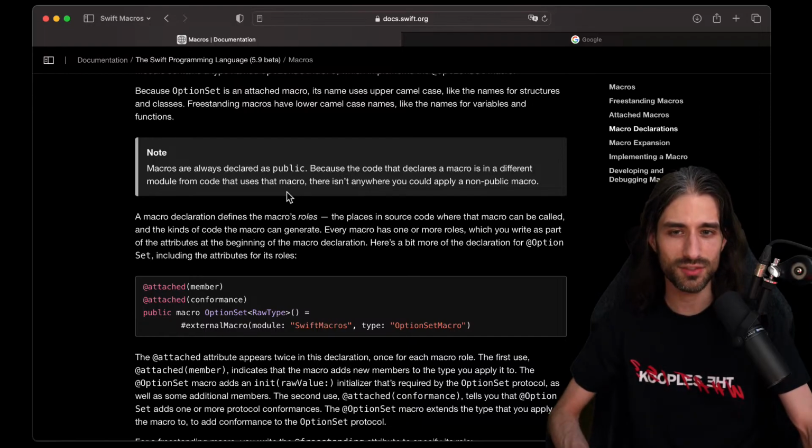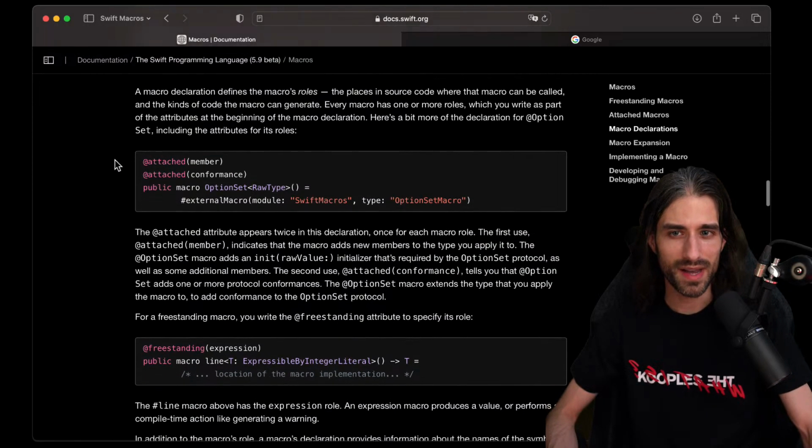It's a way to sandbox the macro. And so if a macro must be in a module of its own, indeed, if the macro wasn't declared as public, then you couldn't use it anywhere, because I guess in the module that defines the macro, you can only define macro code and nothing else.